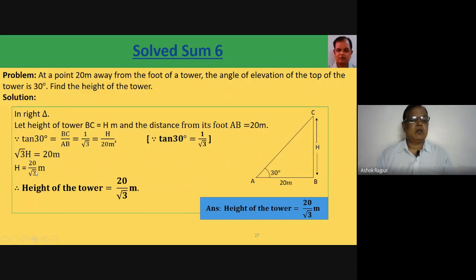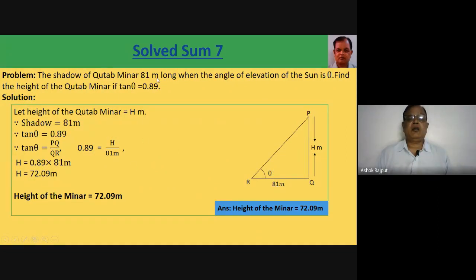Now next, in the figure PQR is a right triangle in which QR equals 8 root 3 meters and angle QPR equals 30 degrees. Find QP. QP is the perpendicular. Just now we are seeing the acute angle is 30 degrees. Just in front of it is the perpendicular, and PQ is the base. Here is also the relationship between base and perpendicular. So tan 30 equals RQ upon PQ, perpendicular upon base.